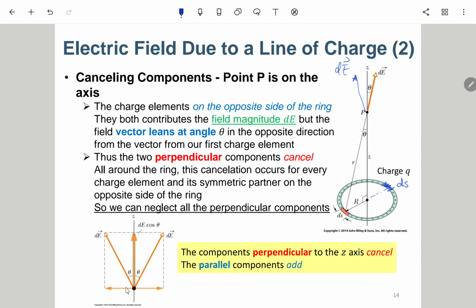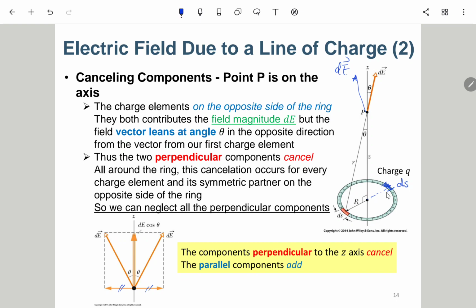As these two are symmetrical with respect to the center point of the ring, in that case, when we try to decompose this dE on this axis and the z-axis, and also decompose this one into this axis and z-axis, we can find that these two should be the same, because we will assume that